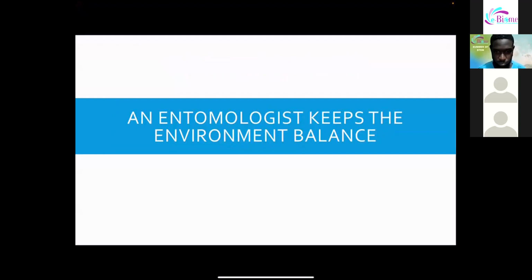What does that mean? So when mommy or daddy or you see an insect in the garden, we don't try to get rid of the entire population of an insect. Example, a spider. You don't try to get rid of the entire population of a spider because the spider feeds on flies, cockroaches, mosquitoes. If you get rid of the entire population of a spider, the environment becomes unbalanced, which means that you're going to have an outgrowth of multiple species that are going to become pests.